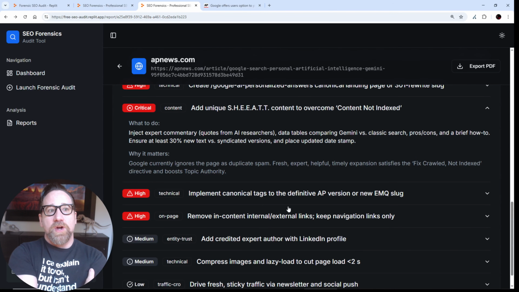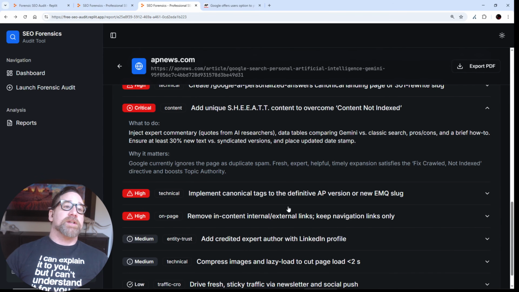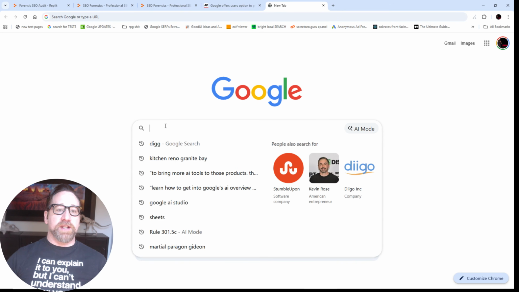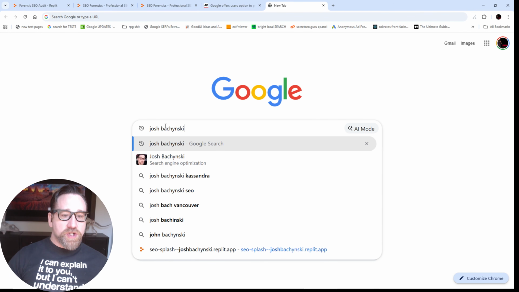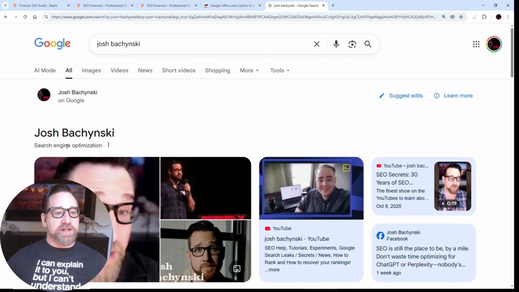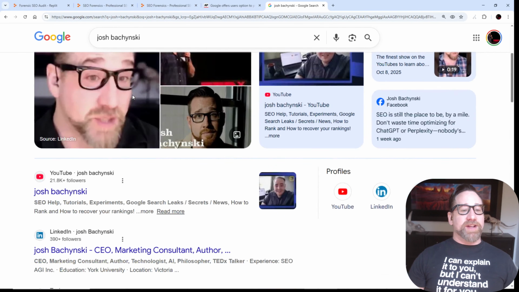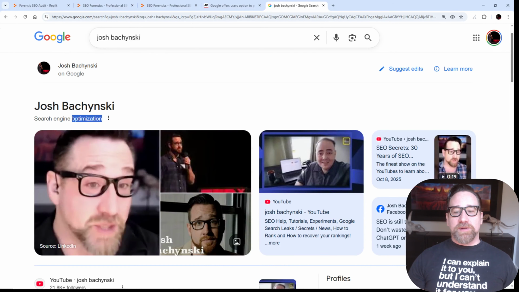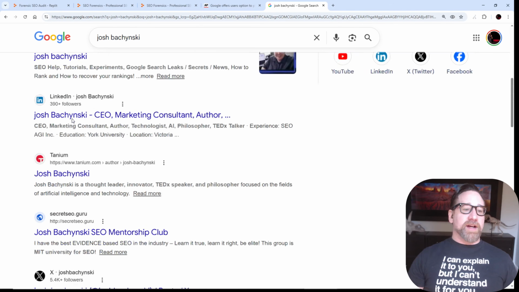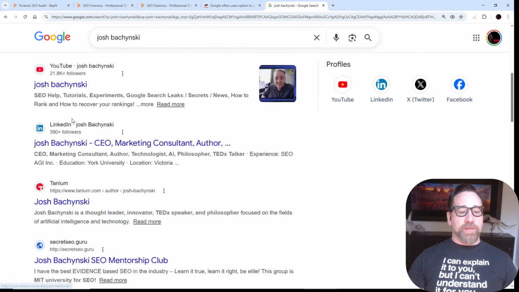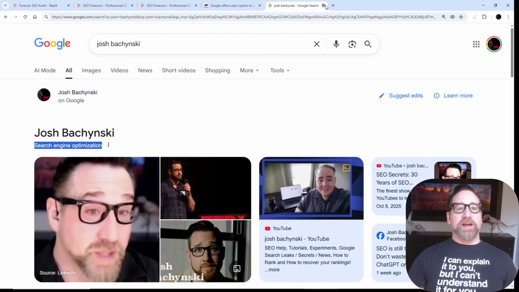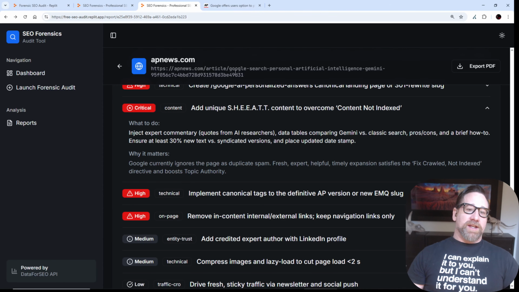The experts are the people who have certain signals. Edu, Gov stuff could be at play there, but also just people say, you know, who's an expert at this? You know who's an expert at SEO? Josh is. You know who's filled in the knowledge graph? Josh has. Josh has manipulated the knowledge graph. Look at Josh's big, ugly face. See, it thinks I am synonymous with search engine optimization. How did I do that? By doing what everybody else has done, by manipulating the